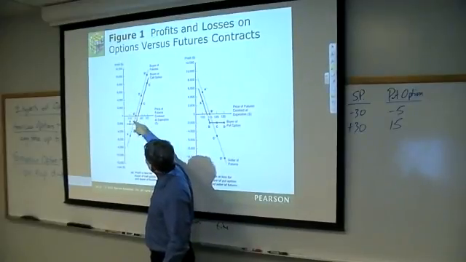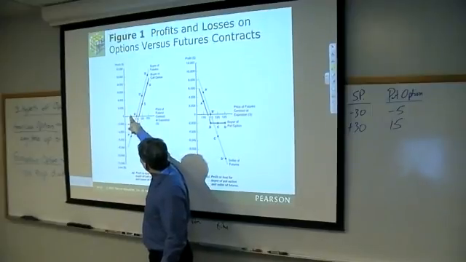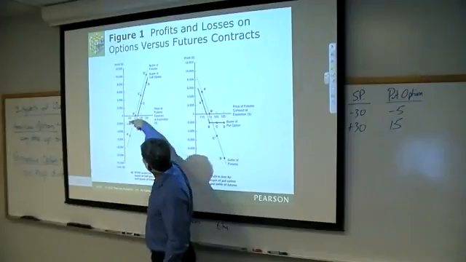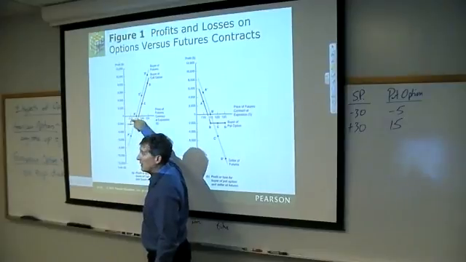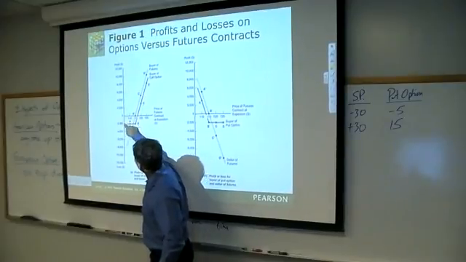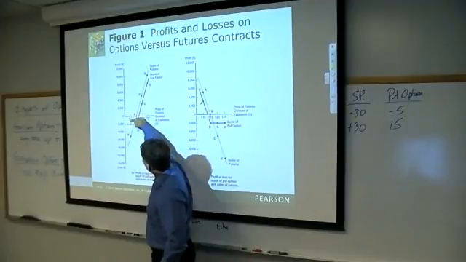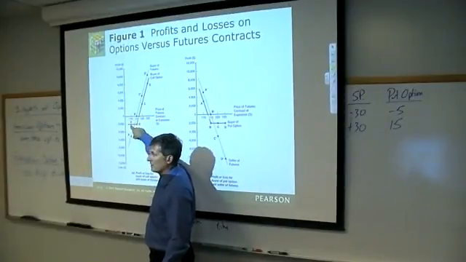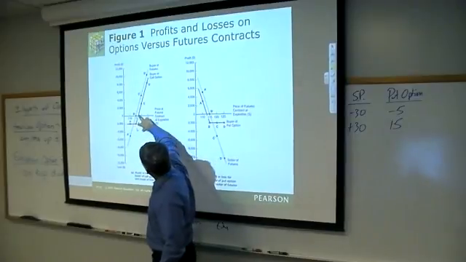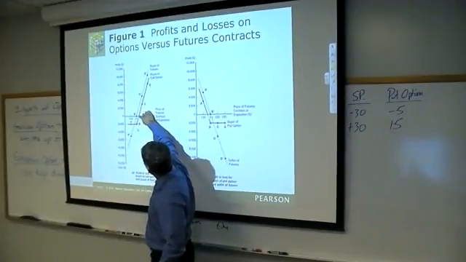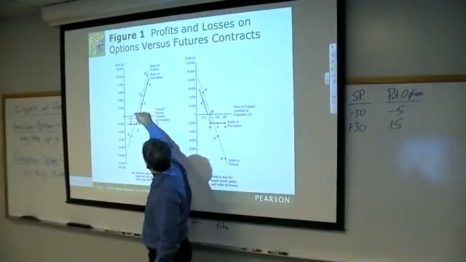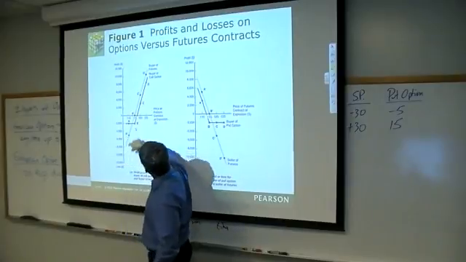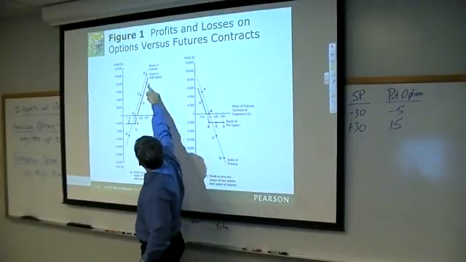But on a futures contract, if it stays below 115, then the person's going to be losing money according to where the vertical height is on the price. If it's at 110, then they lost this amount. But the person with the call option, the most they're going to lose is their option price. So if it falls to 110, they're just going to lose the $2,000. And then eventually you reach this threshold where you're going to be making a profit on the option as long as the price is higher than this. If you bought the futures contract, you're already in the money here on the future. And so this blue line shows the futures price all the way up,